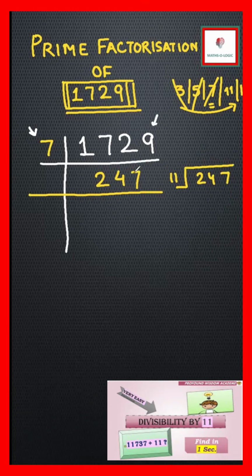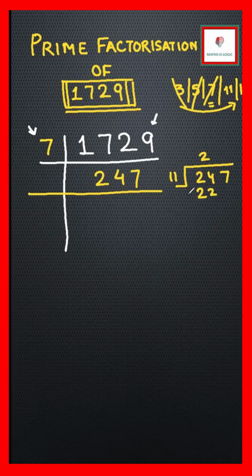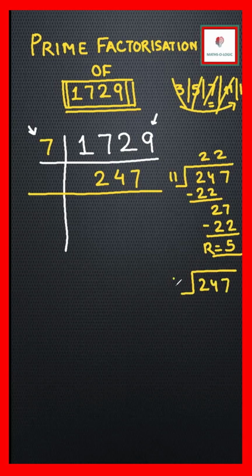Okay, I can use the divisibility by 11, or I can directly divide 247 by 11 and check my answer here. The remainder must be 0 if it is exactly divisible. So in this case, the remainder is not coming as 0. This is 5. So it means that 11 is also not there. Okay, so let's check by 13. It will be 13 times 1, and then this is 117, and 13 times 9 is 117. So I get my another prime factor here as 13. You can write 13 here.